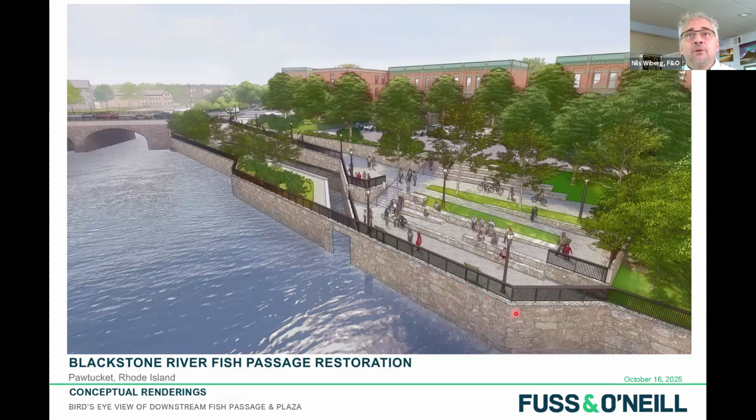It's a tidal river, so in terms of floodplain storage, it's not really relevant, but obviously, in terms of the volume of material that's going to be excavated from this channel, there's going to be a volume of bedrock that's also removed. The elevation of the bottom of the river is around -2 to -4. Once you get into the river, it's around -7. So we have about 8 feet of bedrock that's going to have to be removed from a portion of this